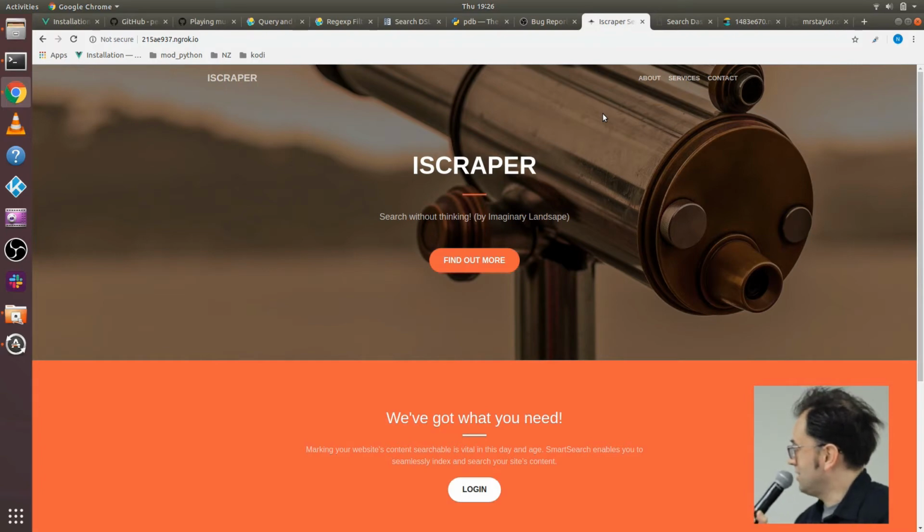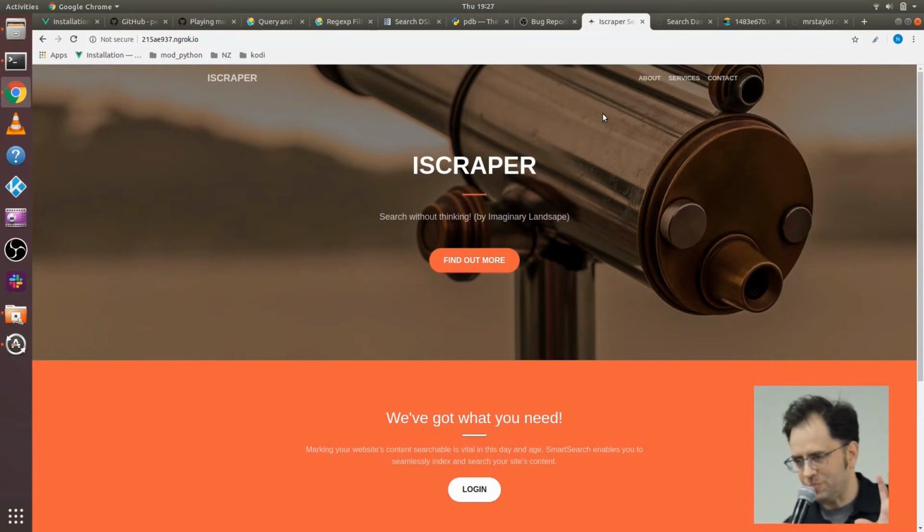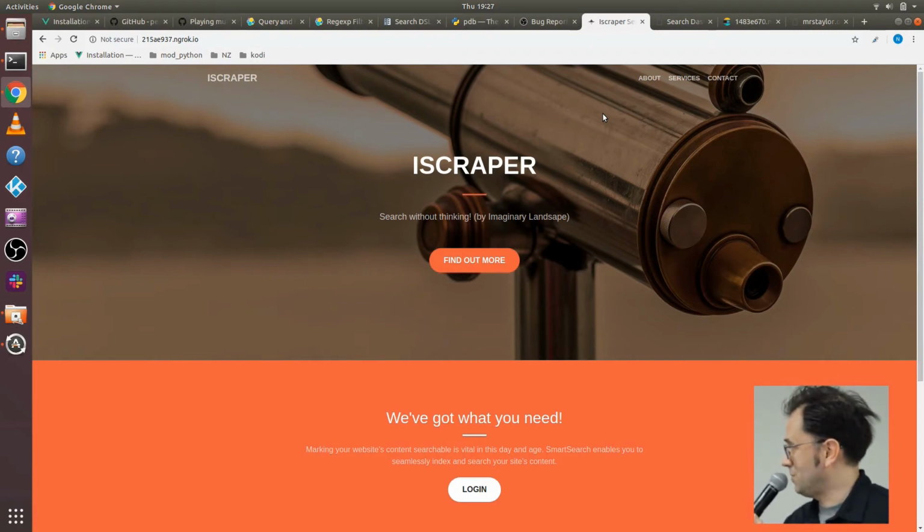The result was iScape Search, or iScraper, which is a more clever name. Anyway, I'll describe what that is. As we approached this problem, it broke down into three main categories. There's the administrative interface, where we keep track of the different clients, which domains on their websites they're searching, which bits of those domains, and how each client has their own configuration. There's the API, which the search widget posts a request to in order to get search results back. That was all done in Django. So we have a Django quote-unquote website to run that, quote-unquote because unlike most websites, there's not really a front-end component except what you're looking at. It's all really the admin,